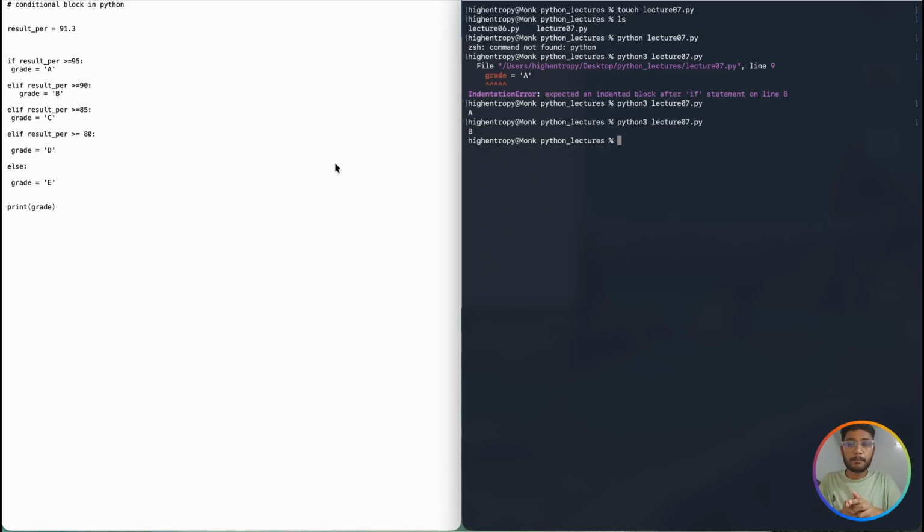Normally, if you are going to use an editor, there will be four spaces we use to indent. But right now I'm just telling you from scratch, so it's not necessary to keep the same level of indentation at each. But as per the Python guidelines, you should keep identical indentation. Even if you use VS Code or something, you will press tab and it will use four spaces for that. So that's how you can use it.